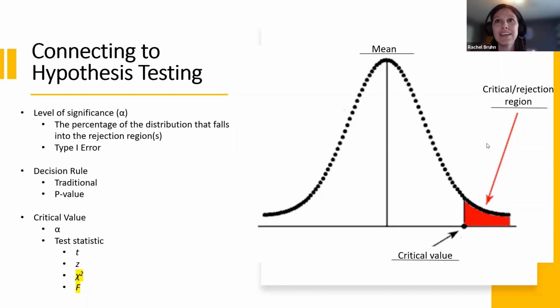In order for the results to reject the null, it has to fall into this red region. In order for it to fall there, the probability or p-value must be smaller than your alpha. Alpha is this critical value when you're doing the p-value decision rule. So this critical value, alpha, would be, say, 0.05, which means that 5% of the distribution is in this red tail. So in order for my p-value to fall into this red region, that p-value must be smaller than 0.05.